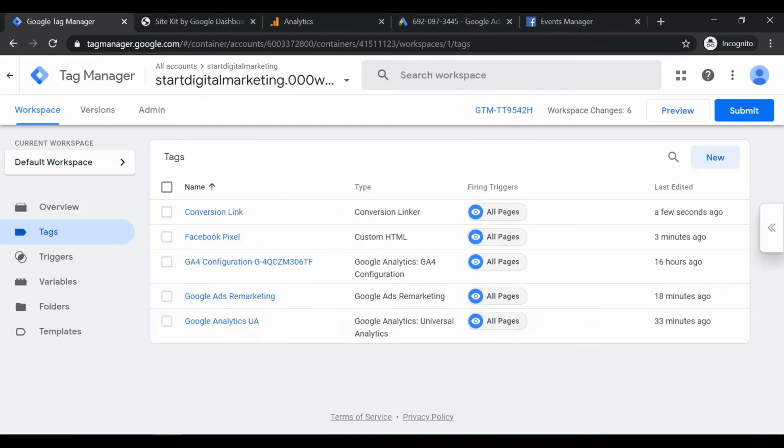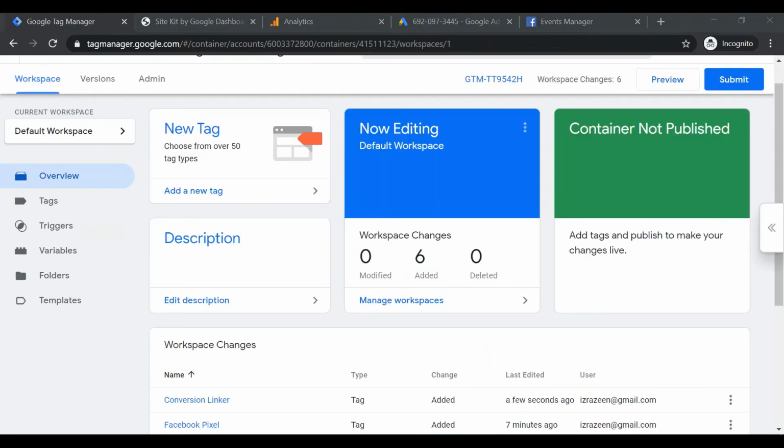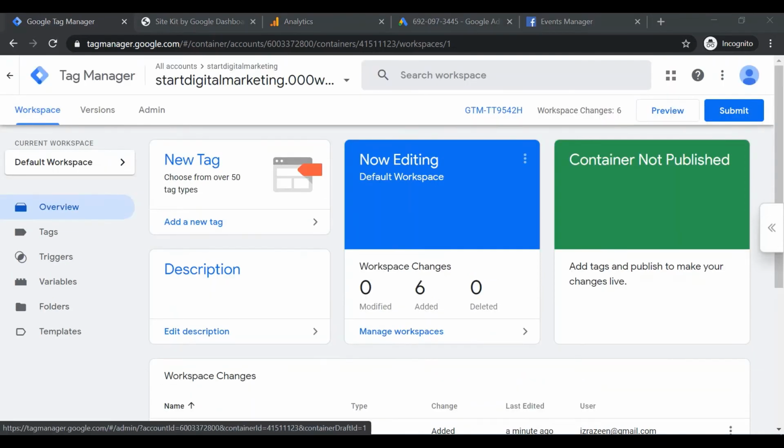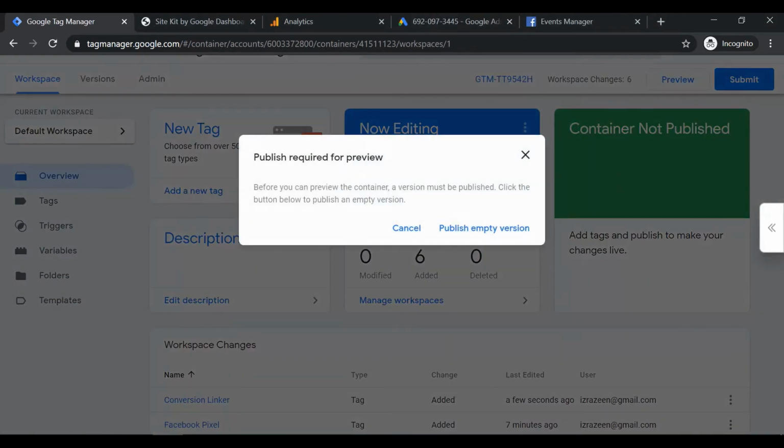Now let's learn to test and preview our tags. We have added to Google Tag Manager. We should check that the tag is firing correctly before we publish to our live website. If we look at the card here, we can see it says that our container has not been published yet. Since I am using a new container that has never been published, the debugger won't connect. Let's look anyway. Click Preview. We can see it shows a message.